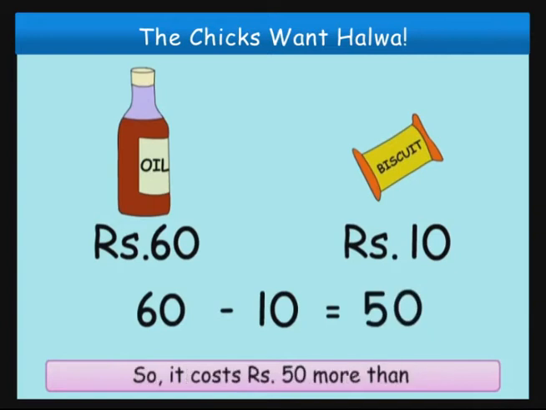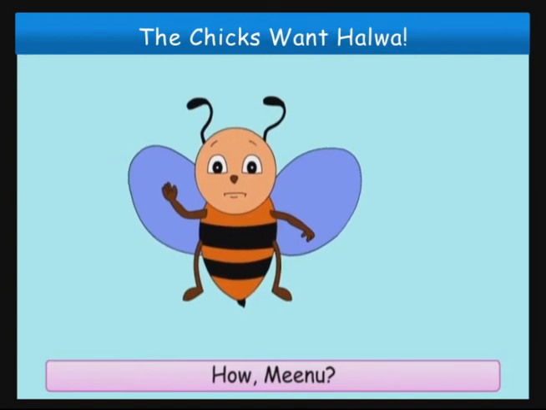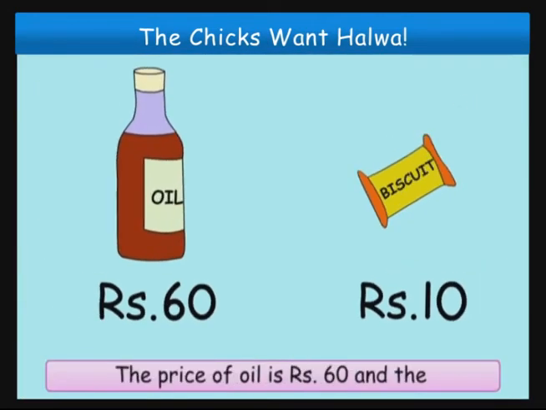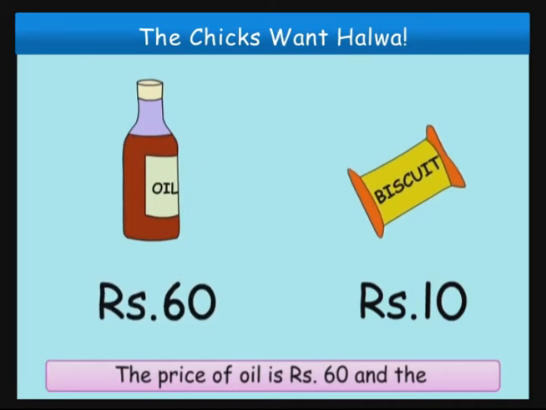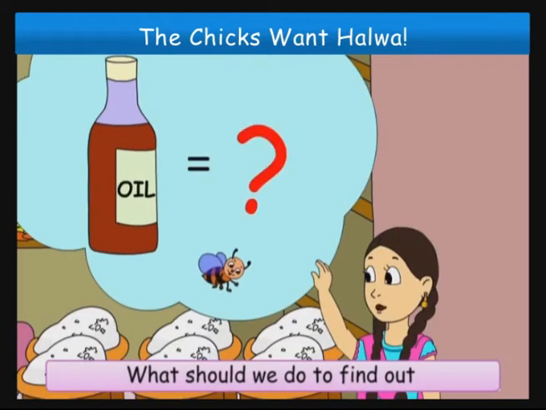So, it costs 50 rupees more than the biscuit packet. How, Meenu? Buzz, look, the price of oil is 60 rupees and the price of the biscuit packet is 10 rupees. What should we do to find out how much